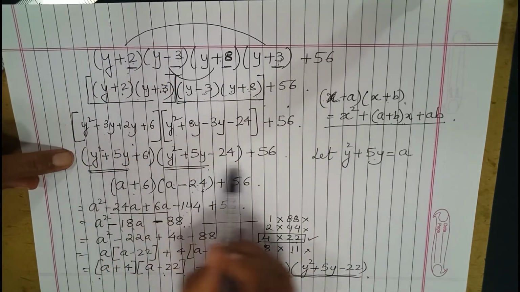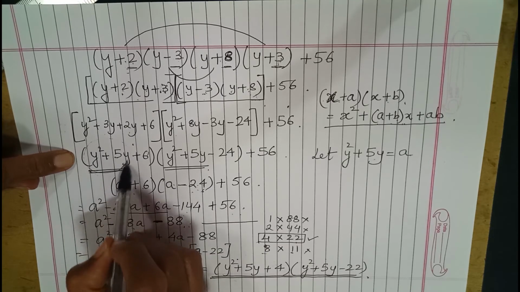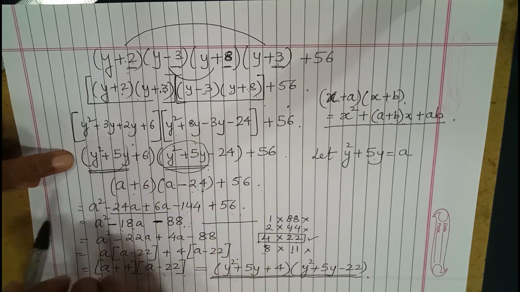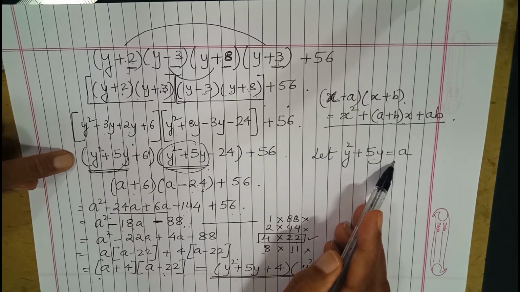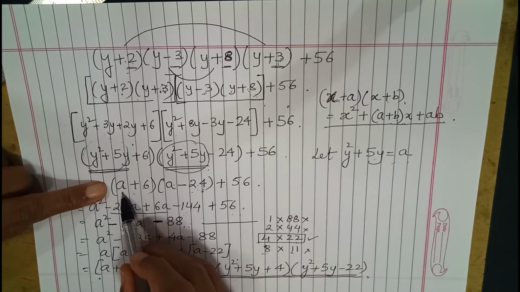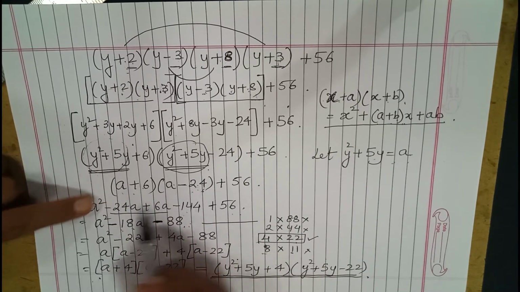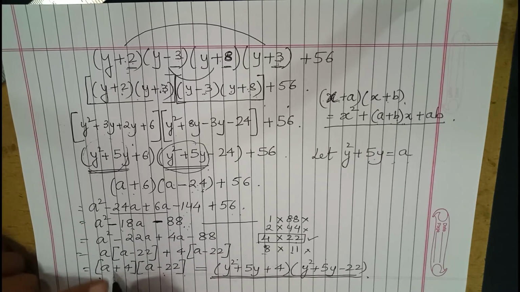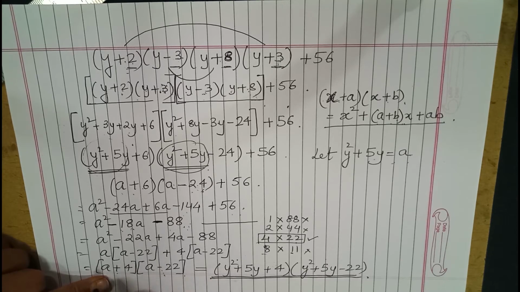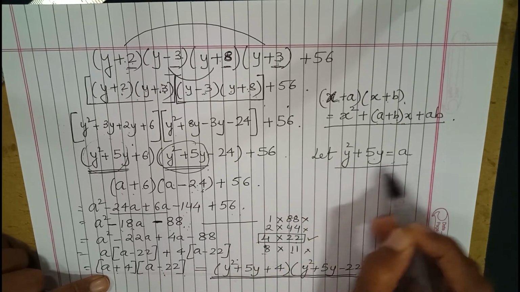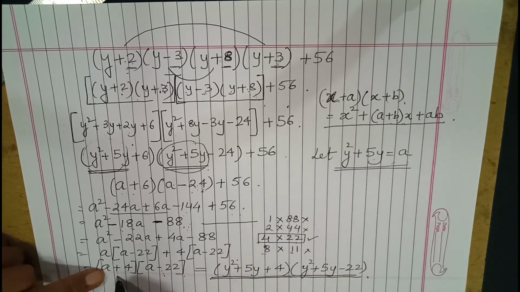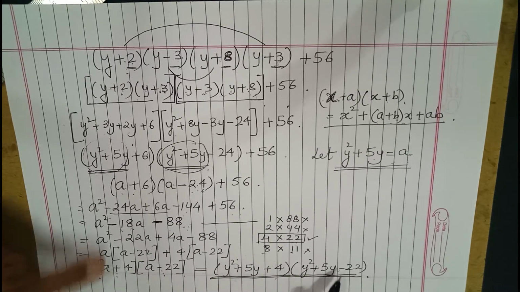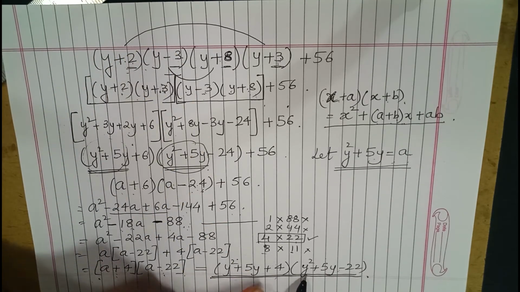On multiplying, you will get a part of the bracket which is identical. So that can be assumed as another variable. And then substitute it, again multiply, open the bracket, you will get a quadratic equation which can be simplified by splitting the middle term. You will get two brackets. And in the last step, what you just do is resubstitute what you had assumed as a to get the two brackets, which become the factors of this polynomial.